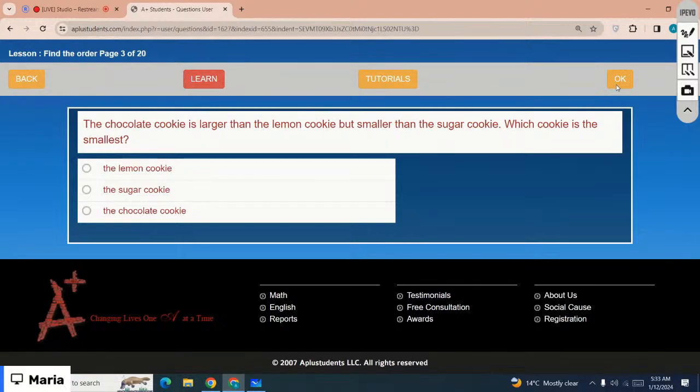Okay, the next one is a chocolate cookie is larger than the lemon cookie but smaller than the sugar cookie. Which cookie is the smallest? Which is the correct option? Lemon cookie, sugar cookie, chocolate cookie. Which is the correct option? The shortest cookie, smallest cookie is